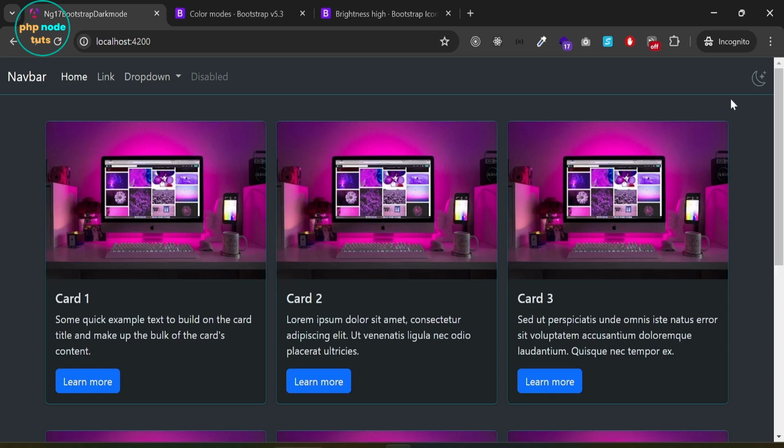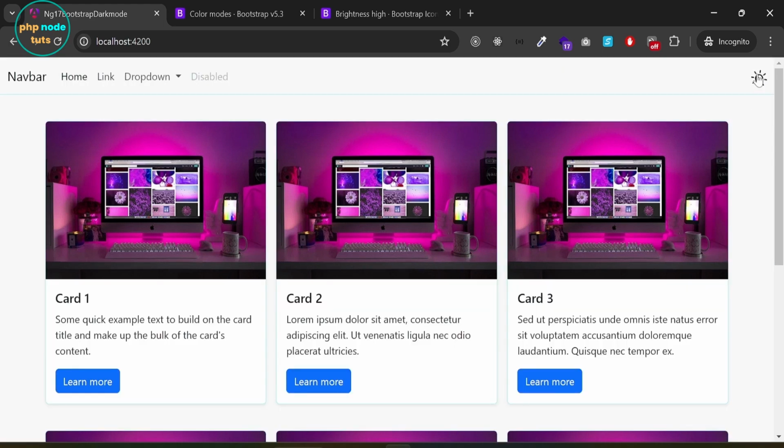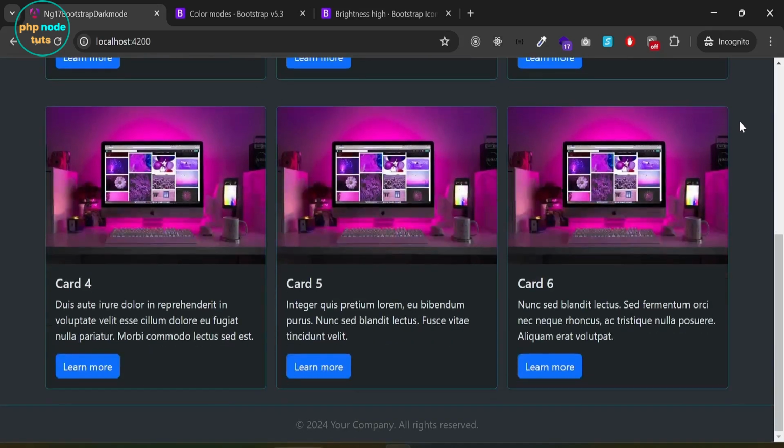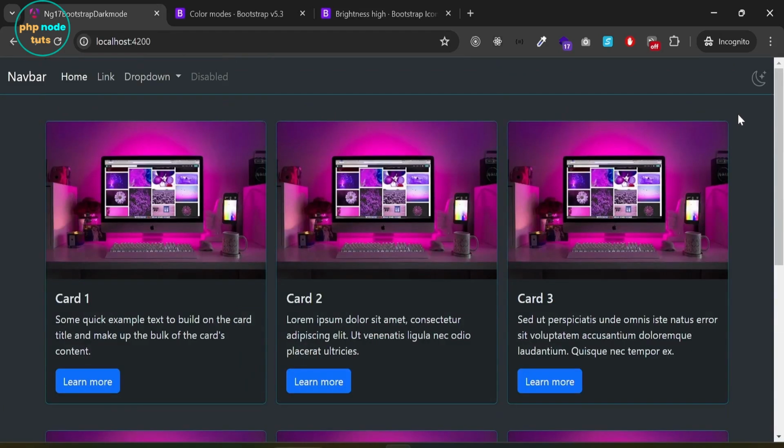Go to your browser and hover over the icons and you will see that the icons now animate. Click on the icon and it switches to the light theme. Hover over the sun icon and it animates. In this video, we learned how to implement dark mode and light mode theme in Angular 17 using Bootstrap 5,